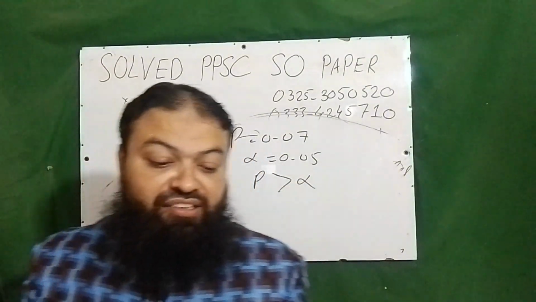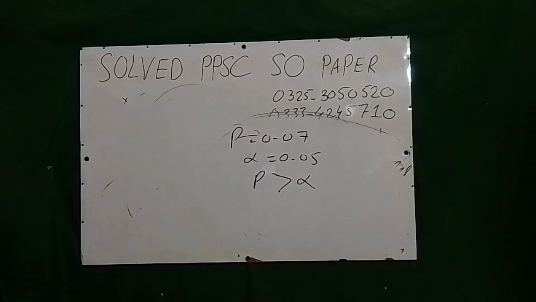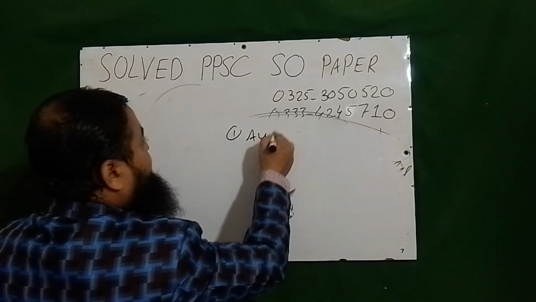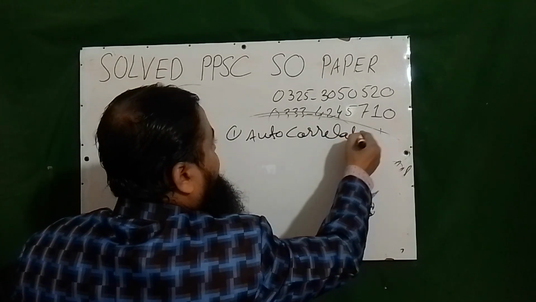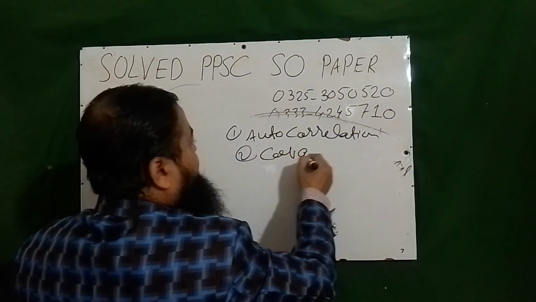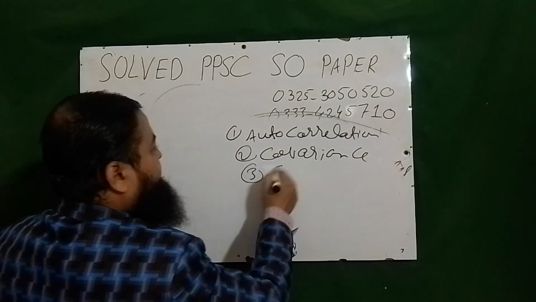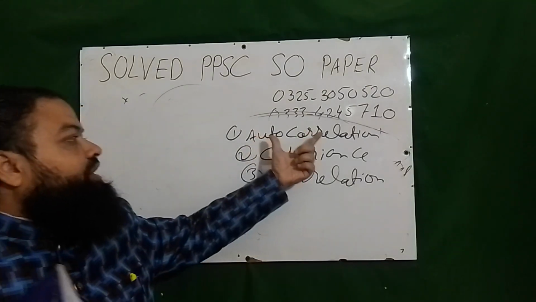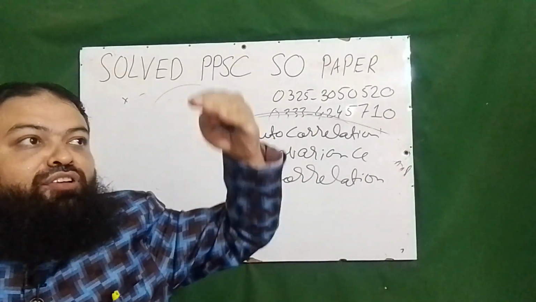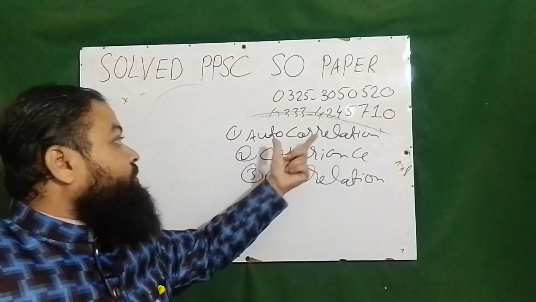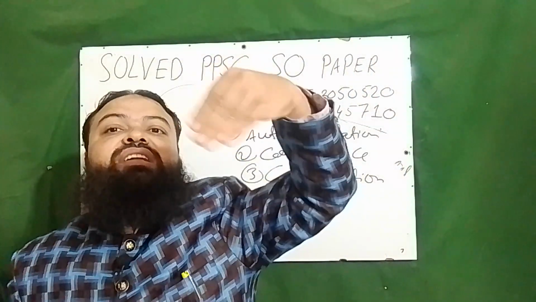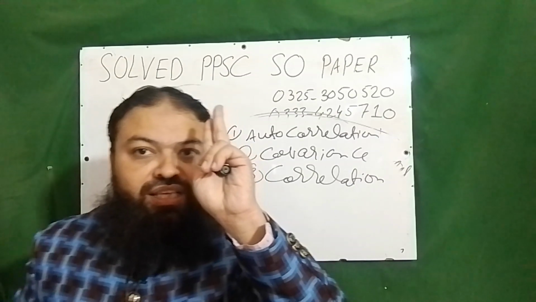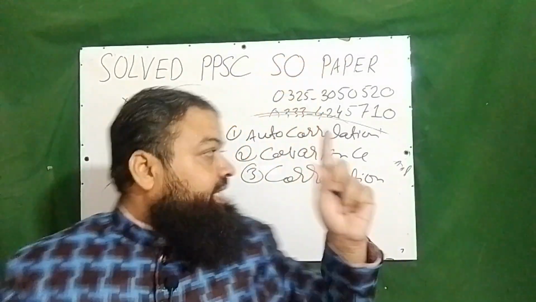Next is, in the presence of autocorrelation. What is autocorrelation? I will give you some concepts. First one is autocorrelation, second is covariance, third is correlation. Actually, autocorrelation is the correlation of the values of a variable for successive time periods. And after that covariance, actually it tells us the direction of change in two variables which are varying together. It does not tell us the strength